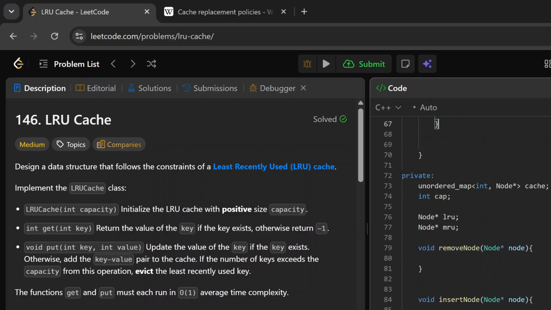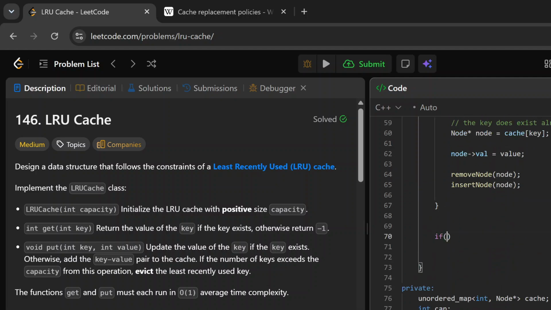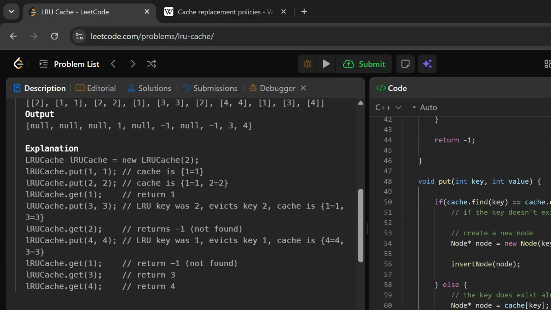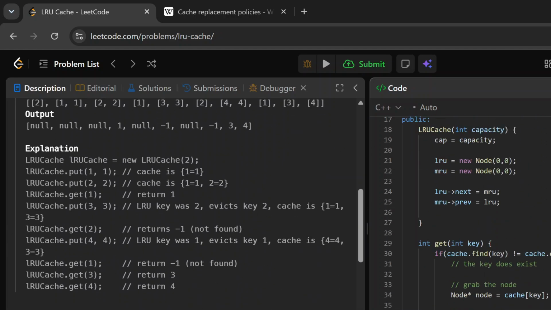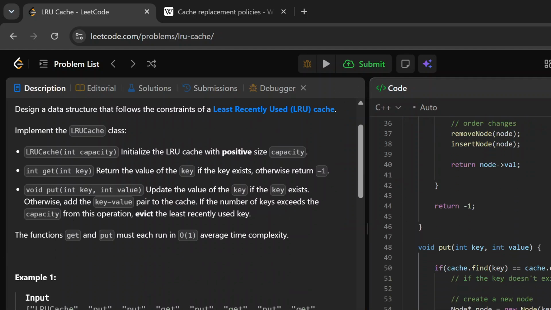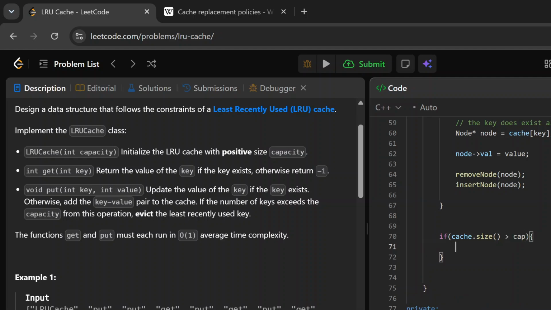So that's basically it. And we would have to do some maintenance work here when the cache is full. After each put operation, we would see if our cache increased in size, because we can put new items. If we can't put new items, you don't have to do that check. But for this, we check if cache.size is greater than capacity,